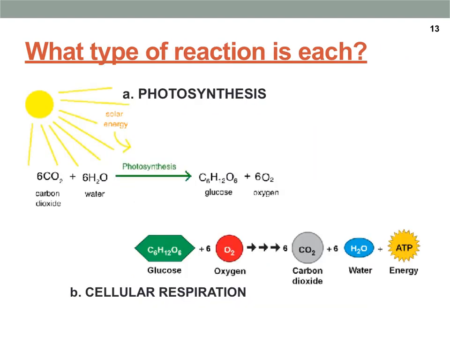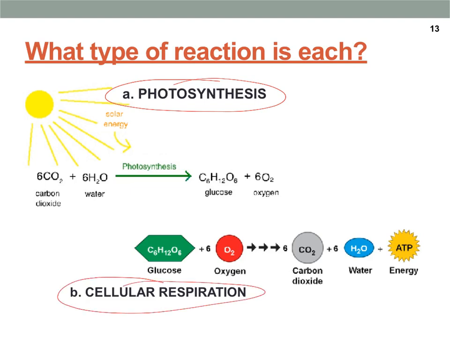Okay, so in these two examples, we have photosynthesis and we have cellular respiration. So would photosynthesis be an endothermic or an exothermic reaction? And would cellular respiration be an endothermic or an exothermic reaction? So on this, think about this. We have light energy coming in to our reactions, so there's going to be more energy over here on the product side than in the reactants, putting energy in. So this is going to be an endothermic